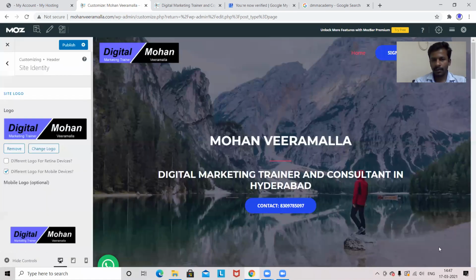Okay, choose image. So this is the logo. Now, whenever a user visits the website with a mobile, he can see a different logo. The logo will be the same, but the sizes may change, or sometimes you want to show a different logo for the mobile users, then you can change it. But my suggestion: don't go with different logos. Try to use the same logo with the same color and everything, because the user should not get confused. If he visits the desktop version or the mobile version, he should not be confused. User experience should be good.